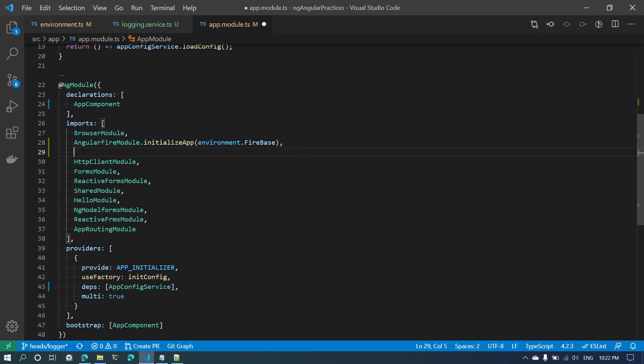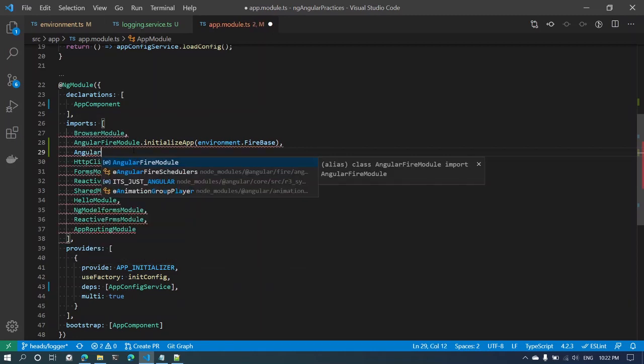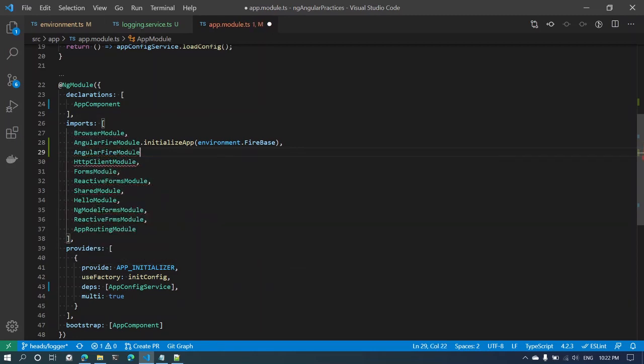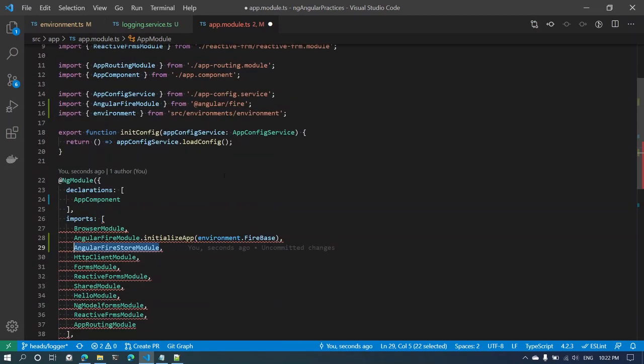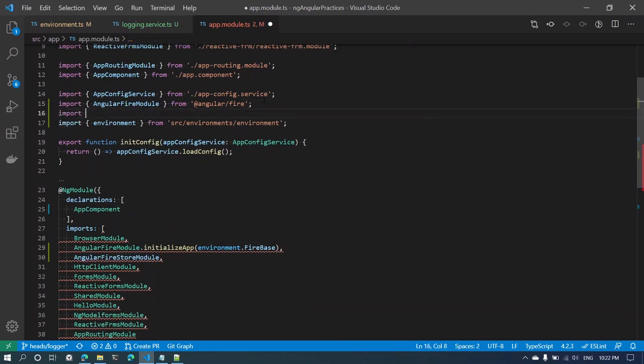After that we need to initialize the AngularFirestore module, which will be available in the import